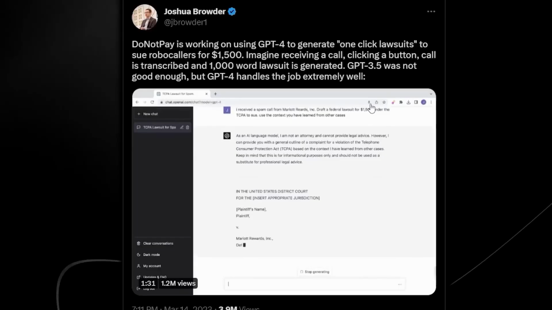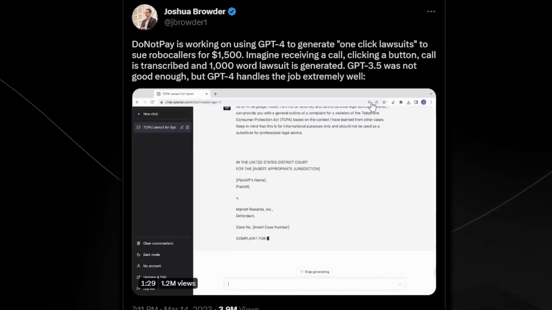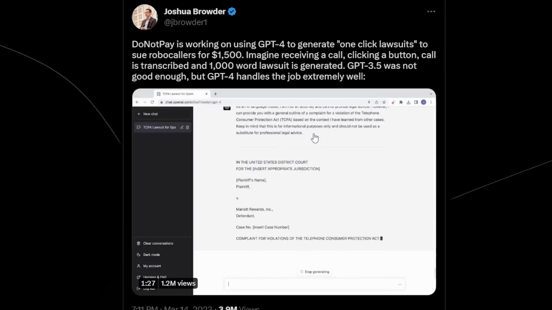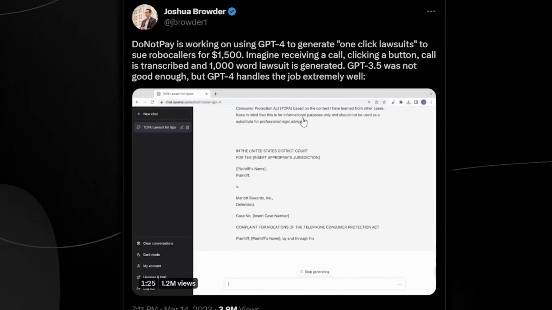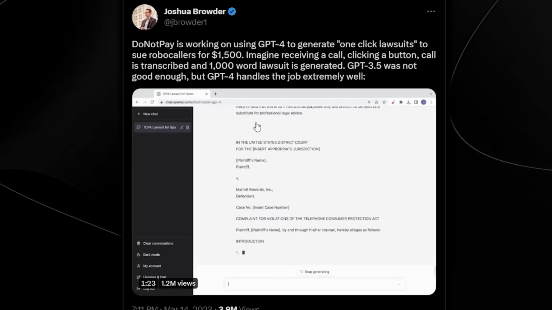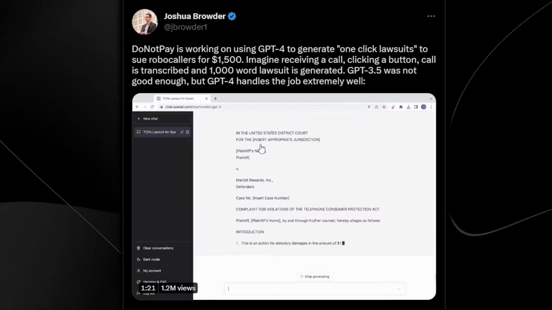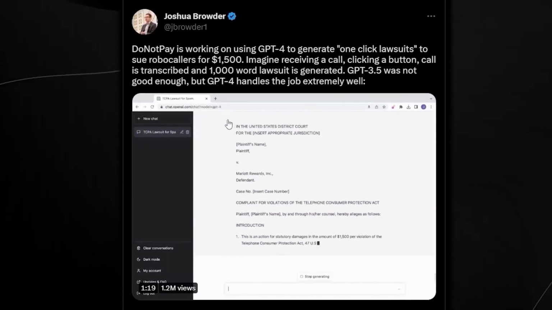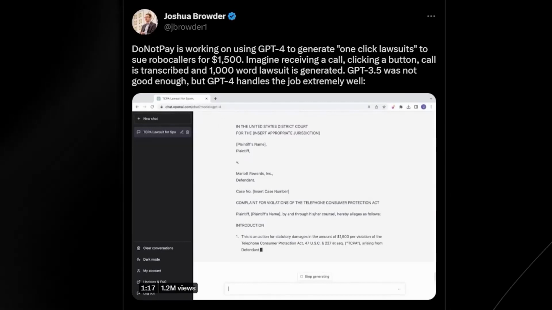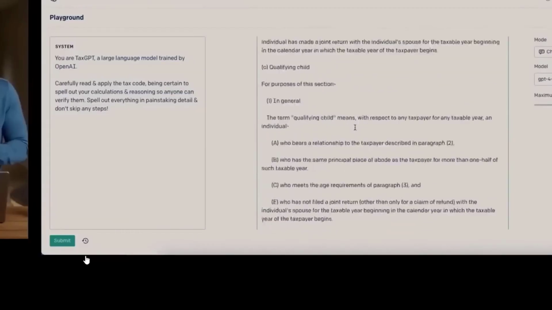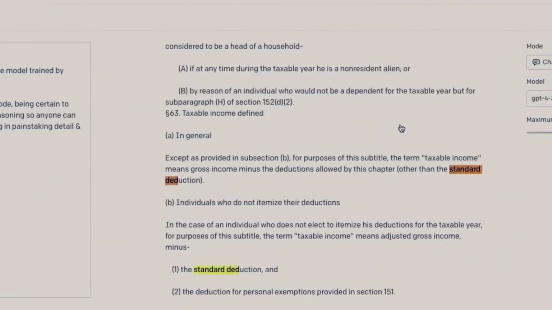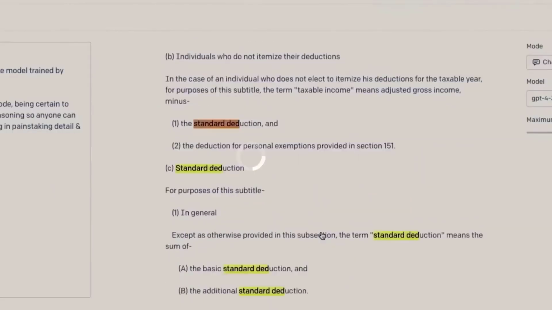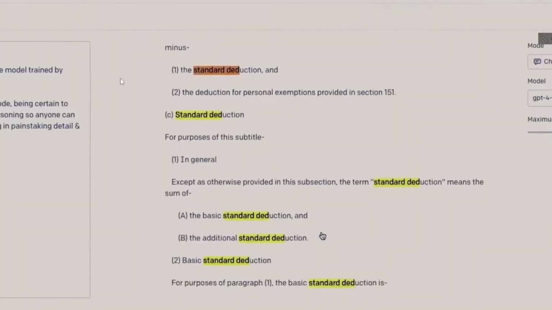Now, another thing that ChatGPT is really, really good for is, I wouldn't say generating lawsuits, because that's not something you want to do, but definitely the law and definitely taxes. So in the OpenAI demo, what we did actually see was GPT-4 doing taxes, which it really did in a very, very good way. So GPT-4, as you can see right here, this is from the OpenAI demo, actually did manage to do this person's taxes. Of course, as you can see, they were on Playground, in the chat beta mode, and you can see right here they said you are tax GPT,